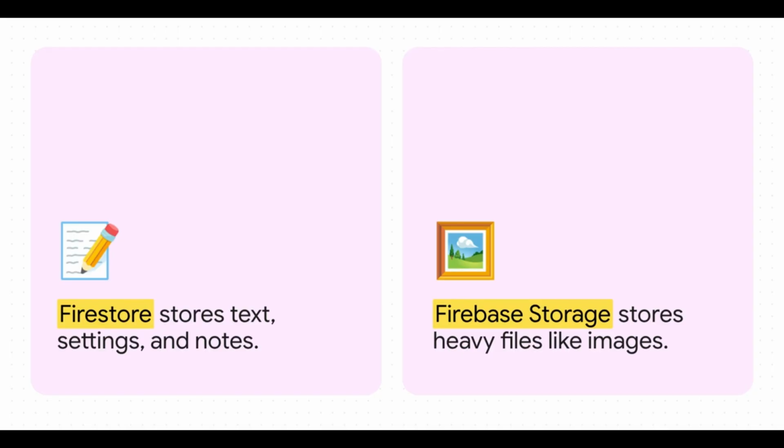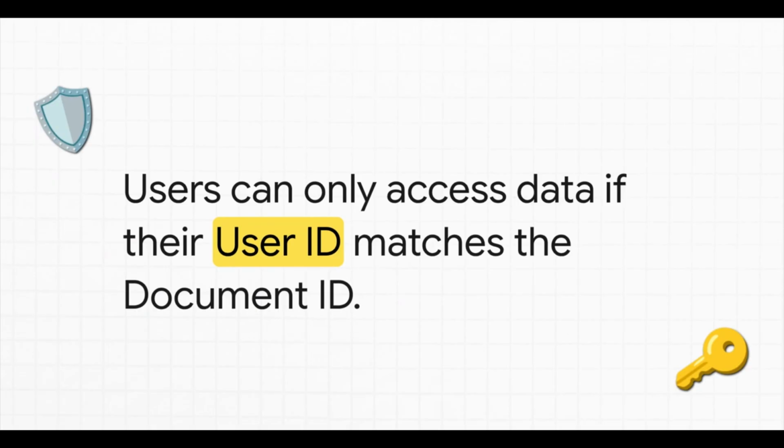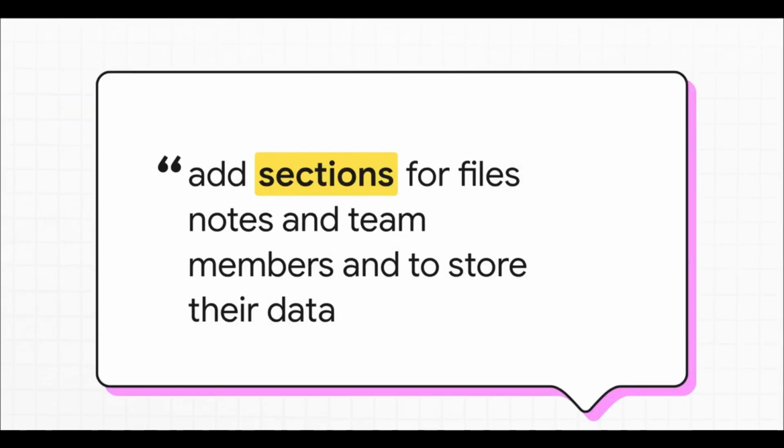For Firestore, we just go ahead and select the standard edition and pick a server region that's closest to our users. If you're running a real SaaS business, privacy is completely non-negotiable. By choosing production mode, we get to write custom security rules that guarantee users can never peek at someone else's data. The logic here is super simple, but it is bulletproof. A user can only read or write data if their unique user ID exactly matches the document ID. No match, no access.